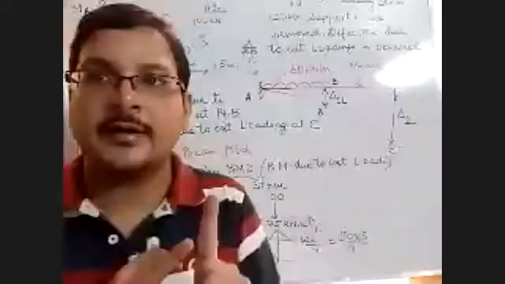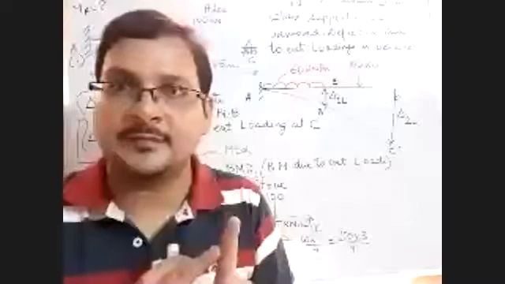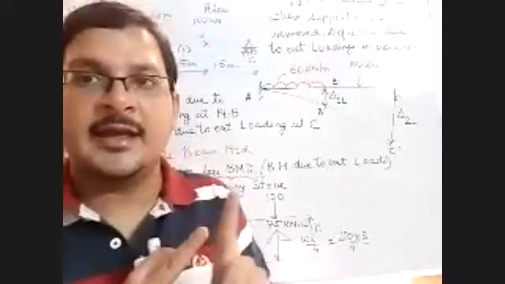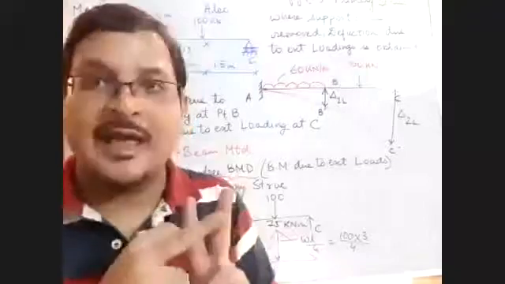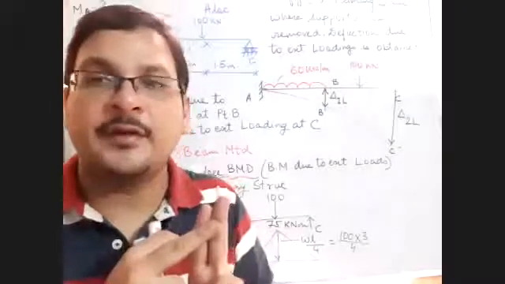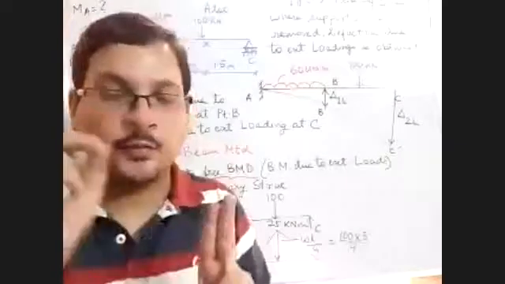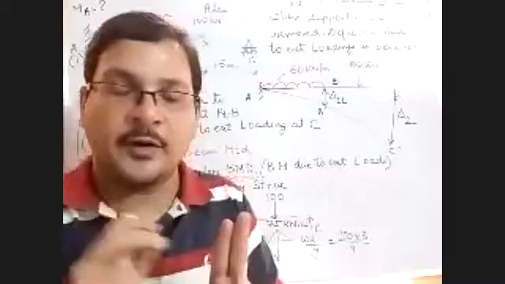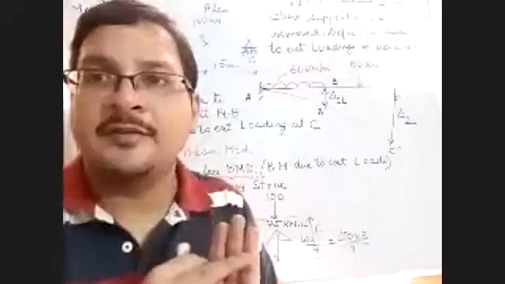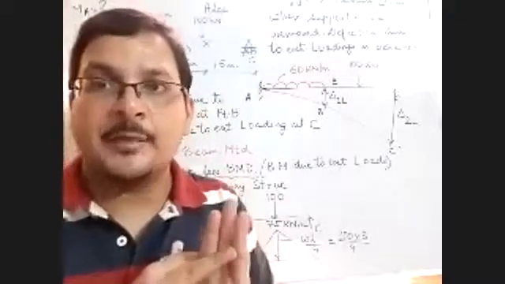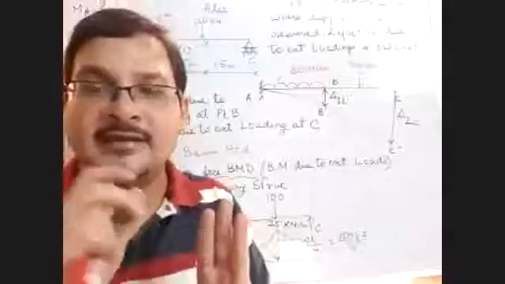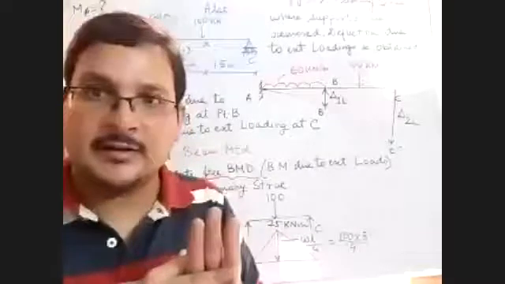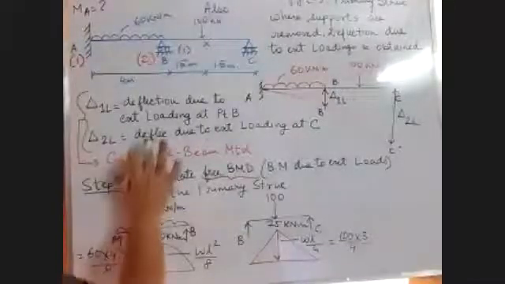Step 1 is done. Step 1 is calculation of DS, degree of static indeterminacy, and showing where the unknowns are. Step 2 will be to locate the coordinate points. I will show the various coordinate points. Step 3 will be the primary structure. Primary structure means I will release the load, I will release the support and show the part. Sorry, this is not step 3, it is step 4. Step 4 will be calculation of normal bending moment.